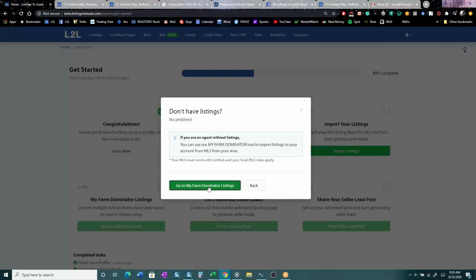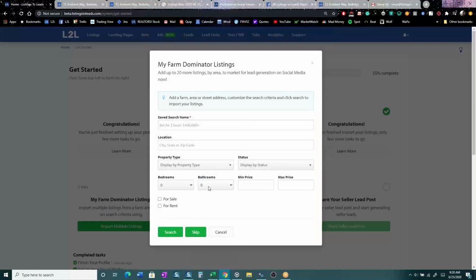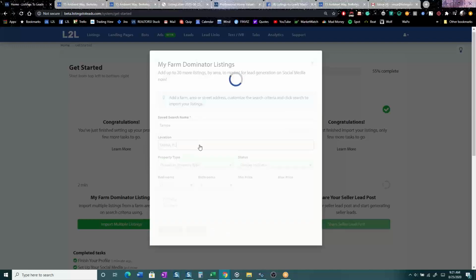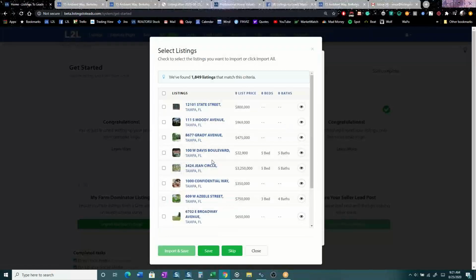This is My Farm Dominator, and My Farm Dominator is in the listings page. So what am I going to call it? I'm going to call it Tampa. Nobody sees that. That's my Tampa, and I'm going to have a Tampa thing there. And what's the location? I'm going to say Tampa, Florida, right? And what do I want? Oh, well, I could go back. You can actually bracket the price and the bedrooms. I must have hit something and it jumped up. But now I can pull in